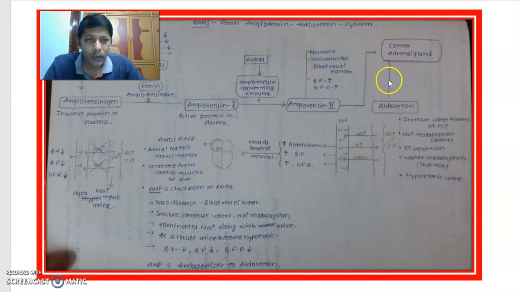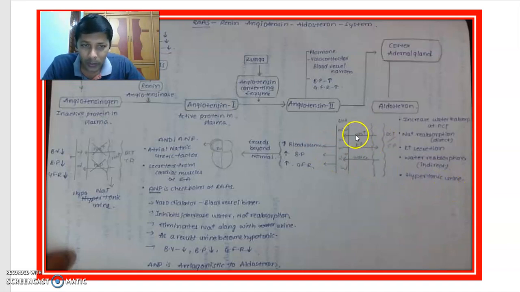If the adrenal cortex is damaged in a person, K plus levels increase in our blood, which would lead to the death of the person. Very important application bit. Next, what is happening here? Hypertonic urine is produced because of reabsorption of sodium as well as water from the filtrate into the blood. Now the urine becomes hypertonic.